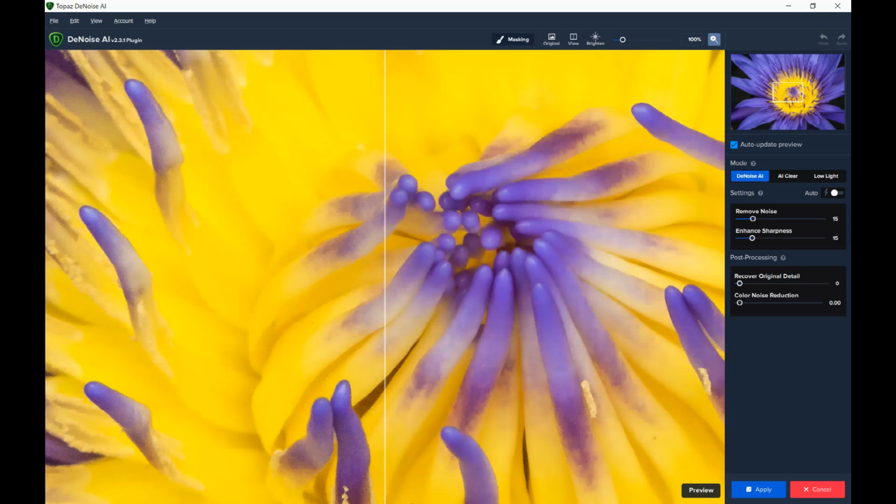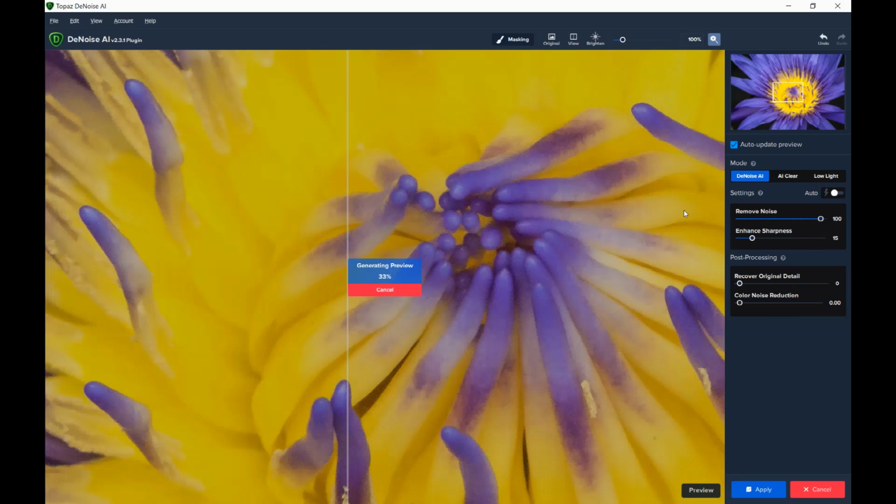We now have Topaz Denoise open, and it opens in a new window. You'll see here that I've got the split view, and with the image file open some default settings have been applied, and on the left hand side of this dividing line is the image before Topaz has applied its settings, and on the right hand side after the settings have been applied. And you can see here that I've selected Denoise AI as the preferred option. There are two further options within the software, and we're looking at a 100% or one-to-one preview of just a part of the image. And we have some sliders here, one for reducing the amount of noise in the image,